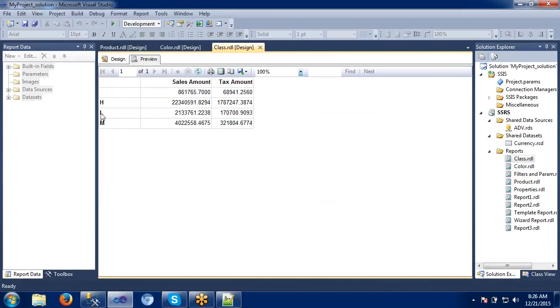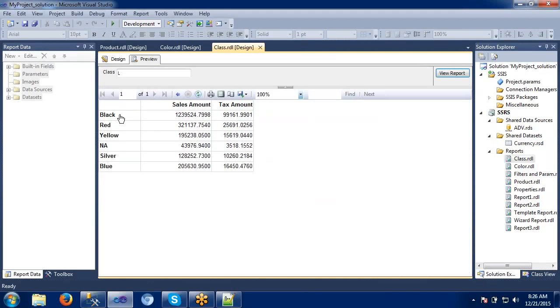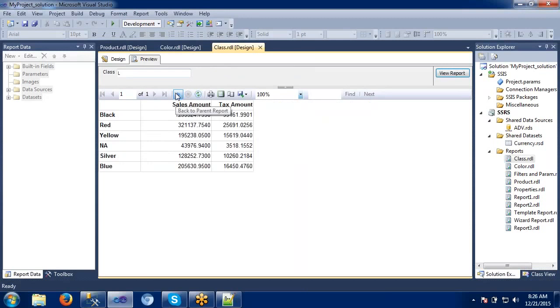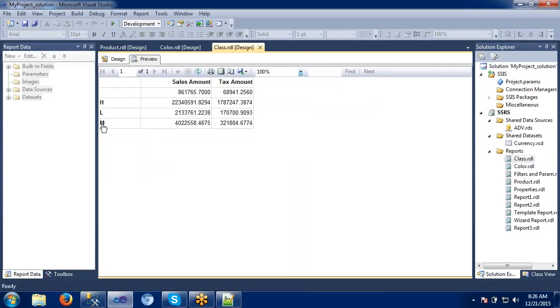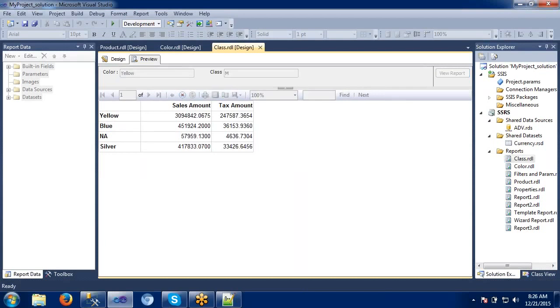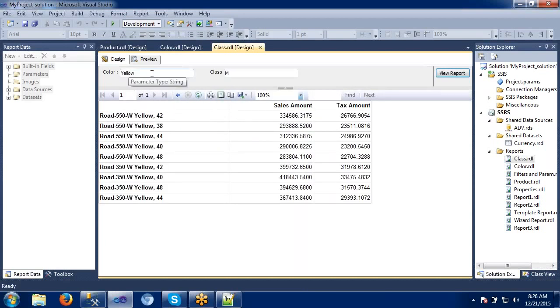If you want to check the low class, we have something; these are the colors available, and these are the silver color low class products available here. Let's check one more option, the middle class. Under the middle class, I'm taking the yellow color: color is yellow, class is M. What are the products under this? See, color is yellow, class is M. All these products are displaying under the product list.